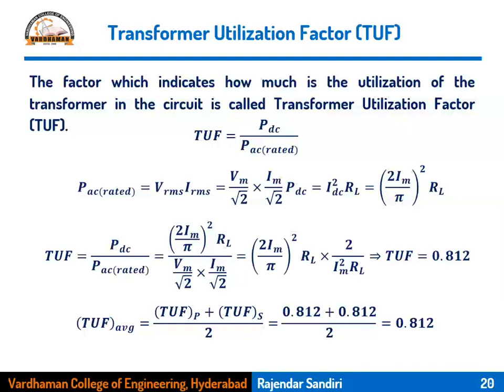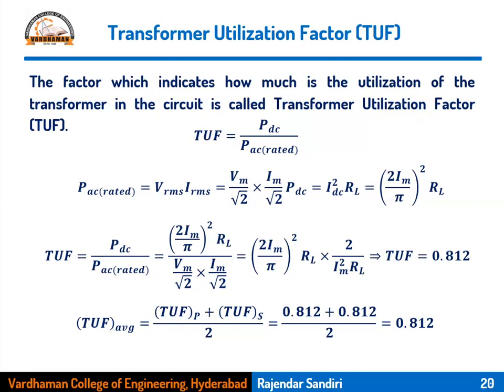Therefore, we can write the relationship between IM and VM as IM is equal to VM divided by RF plus RL. But now two diodes are there, each diode having RF, so we have to write 2RF plus RL. So IM is equal to VM by 2RF plus RL. That is the only change. Wherever we come across the relationship between IM and VM, we have to write IM is equal to VM by 2RF plus RL. All others remain the same.